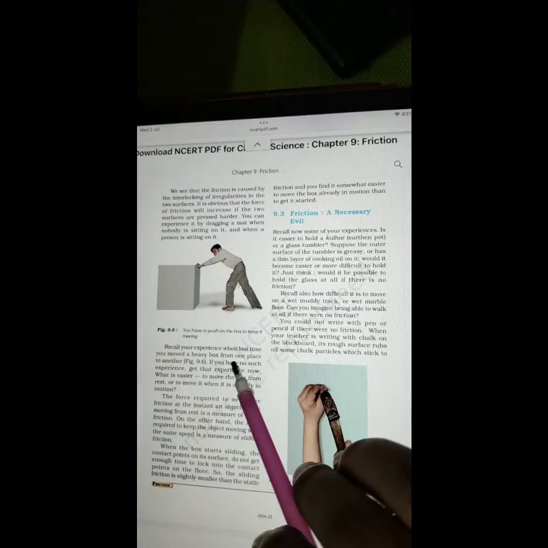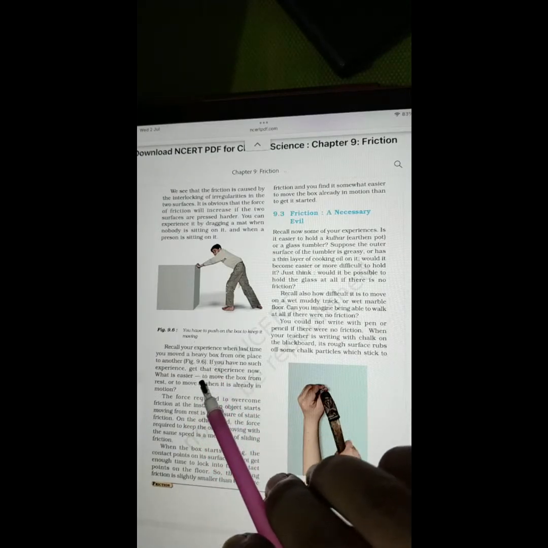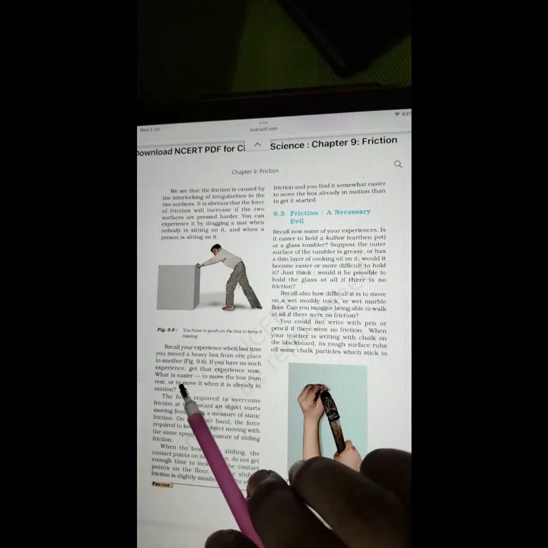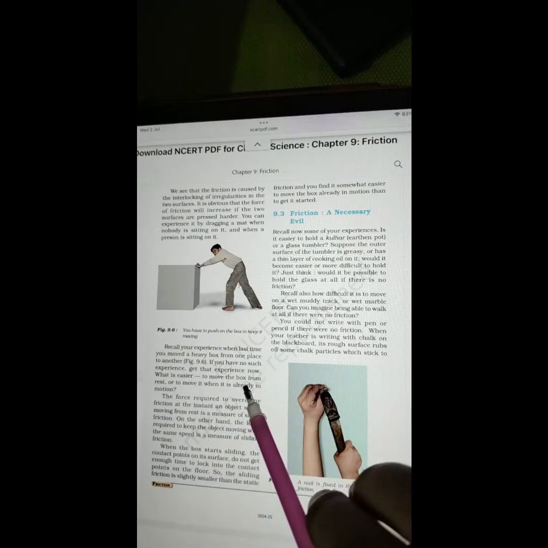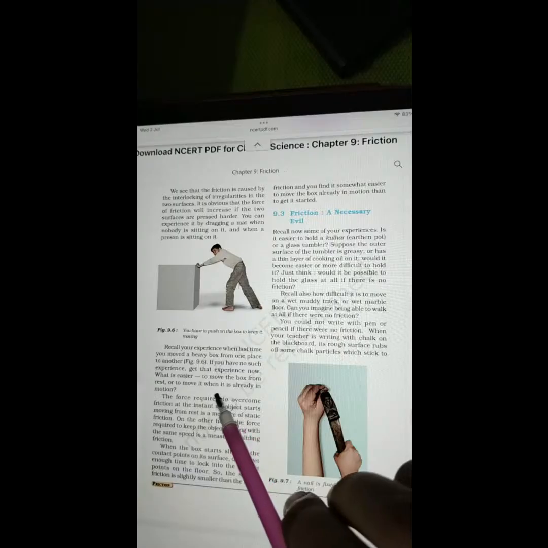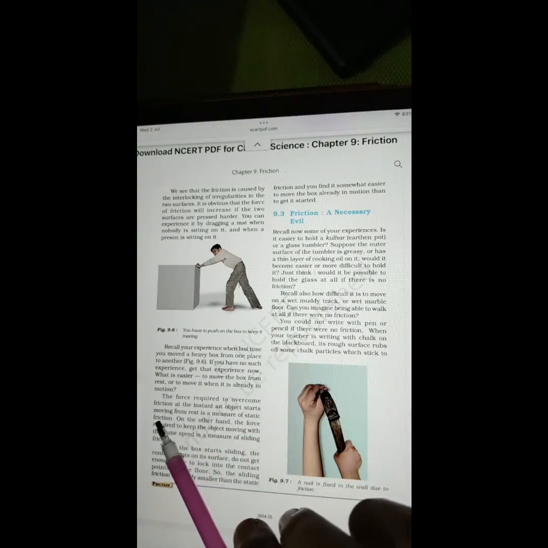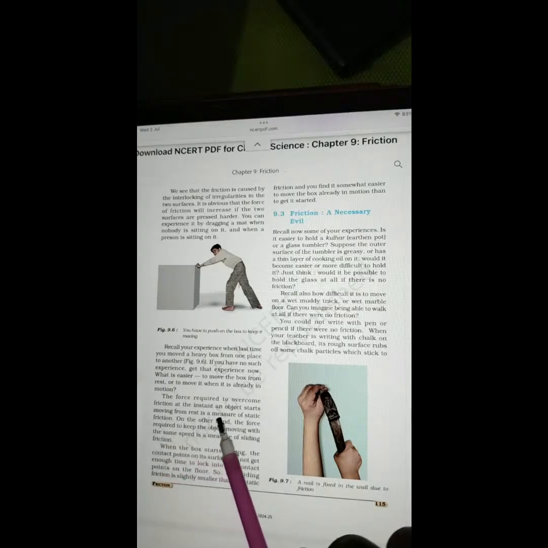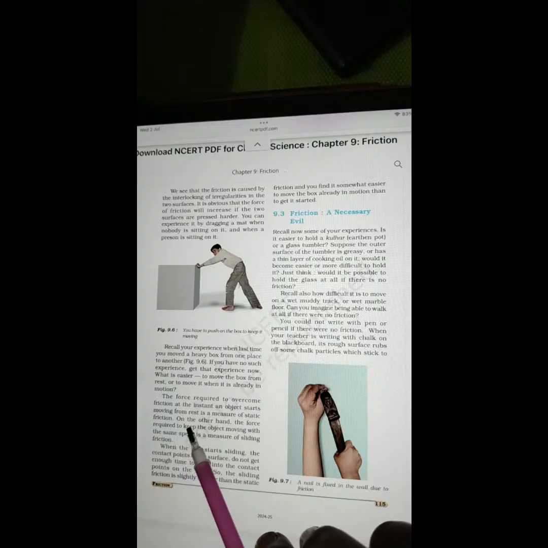Recall your experience when last time you moved a heavy box from one place to another, as seen in figure 9.6. If you have no such experience, get that experience now. What is easier, to move the box from rest or to move it when it is already in motion? The force required to overcome friction at the instant an object starts moving from rest is a measure of static friction. On the other hand, the force required to keep the object moving with the same speed is a measure